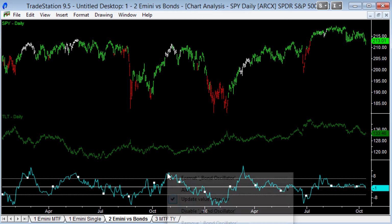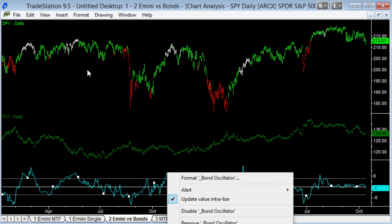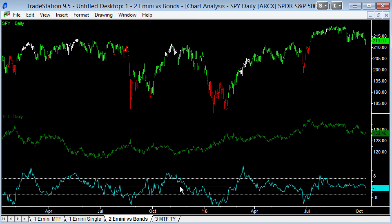I've forgotten. Getting old. The bond oscillator, there we go. Okay, that's kind of obvious. It's free code on the site, you can kind of get this. What I do is I load up 2 different ETFs that are following the equities market, so the SPY, and